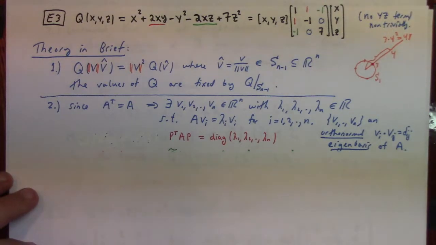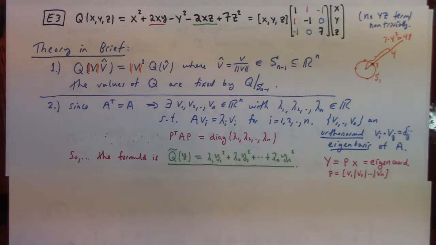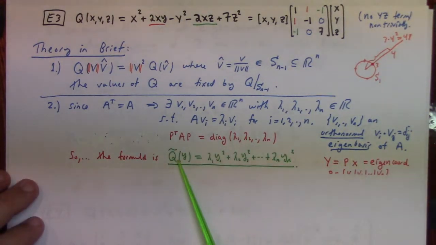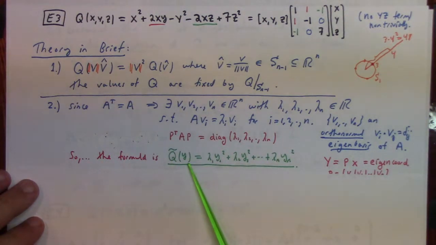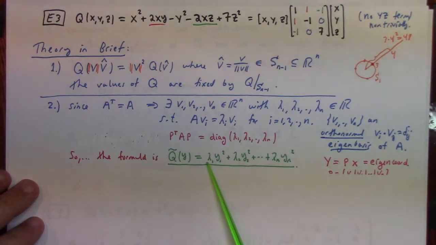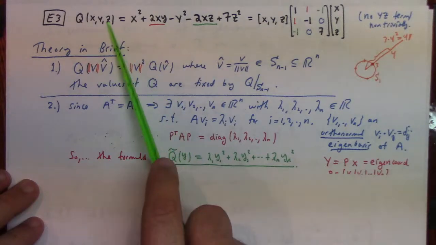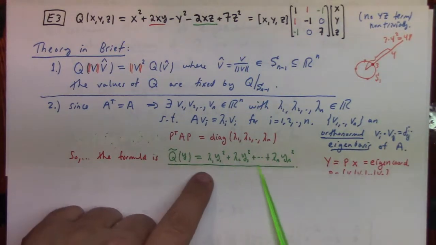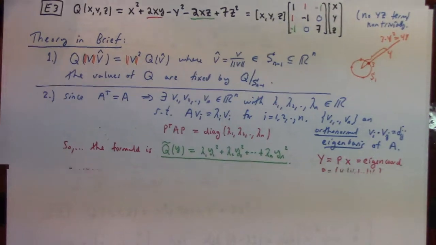And if you do that, you work through it, you get that P transpose AP is the diagonal matrix, which results in us being able to write a formula. If you express the quadratic form in terms of the eigencoordinates, then the formula is just lambda 1 y1 squared plus lambda 2 y2 squared plus lambda n yn squared, which is just so much simpler than something like that. There's only squares, no mixing, so it's easy to figure out what's maximum, what's minimum. In particular,